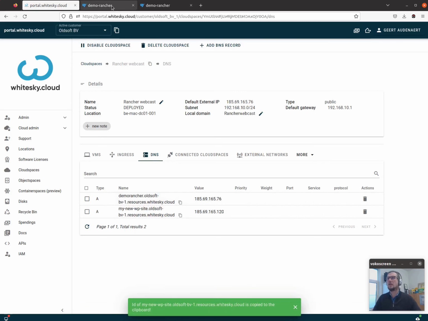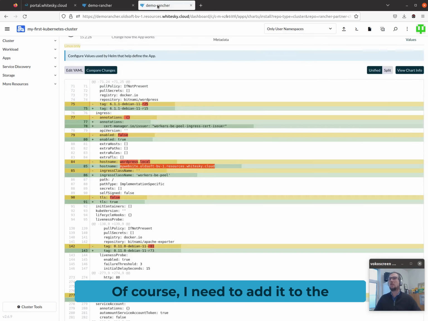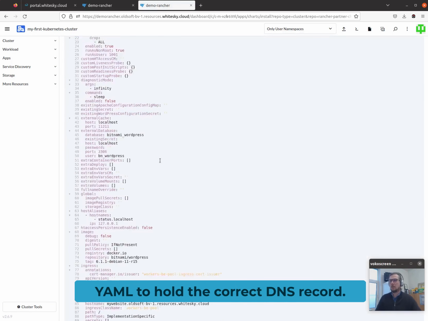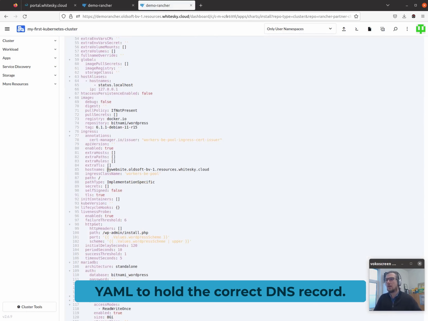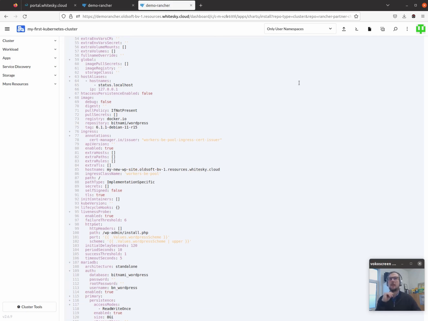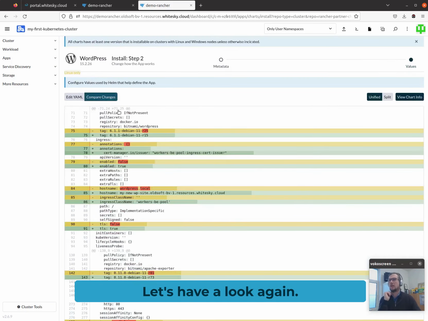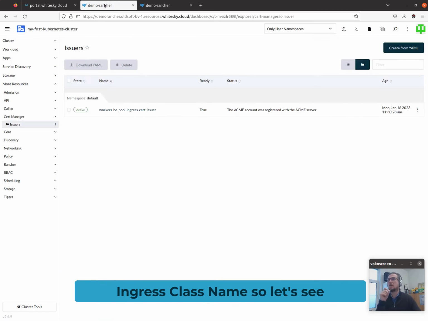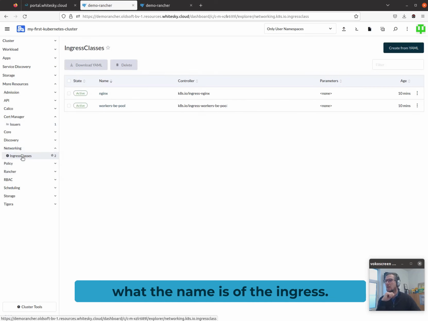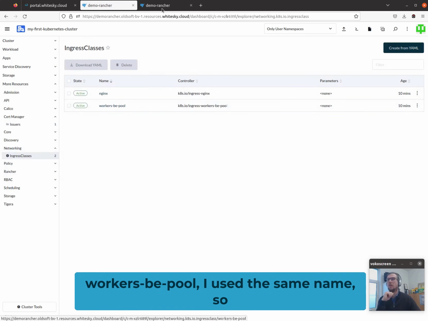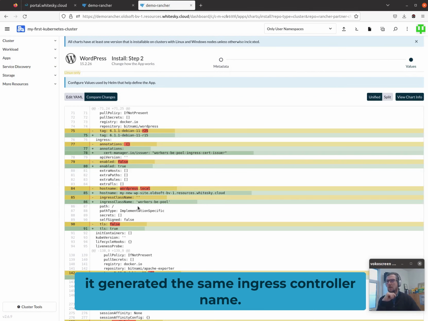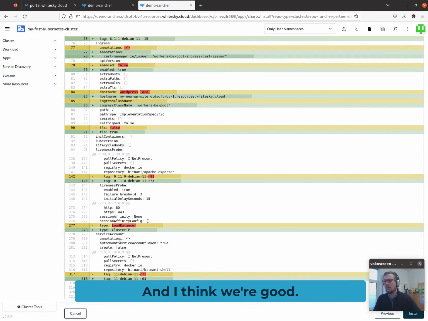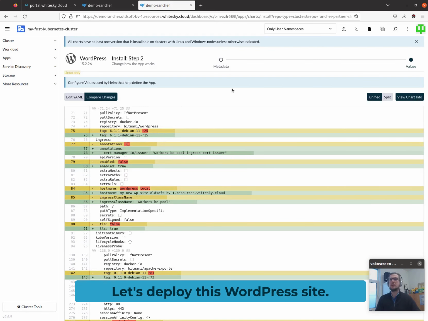Let's copy this. Of course, I need to edit the YAML to hold the correct DNS record, otherwise my demo will fail. Let's have a look again. Ingress class name. So let's see what the name of the ingress is. Workers BE pool. Yeah, I used the same name, so it generated the same ingress controller, and I think we're good. Let's deploy this